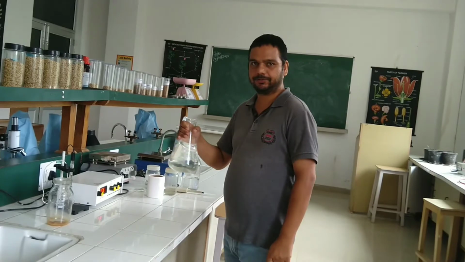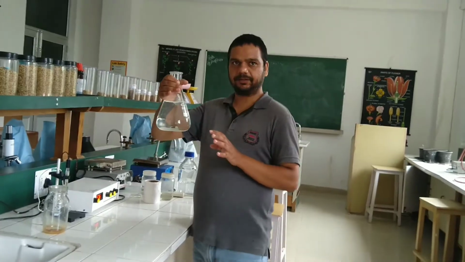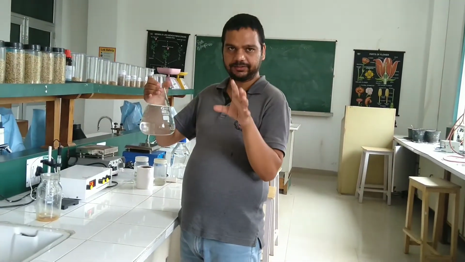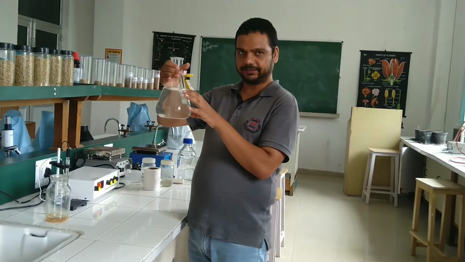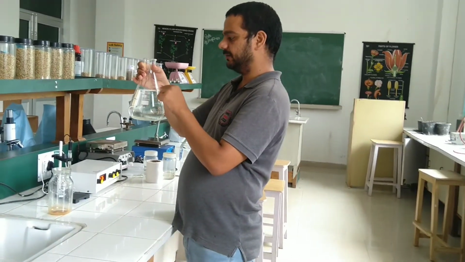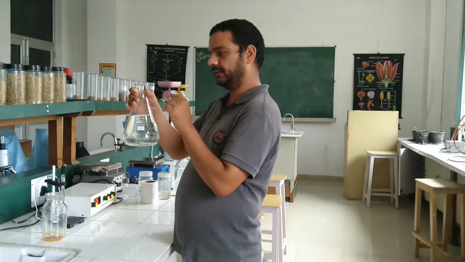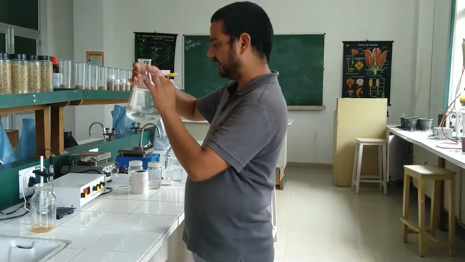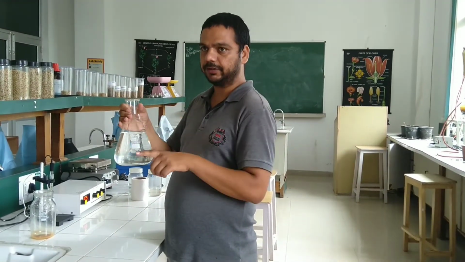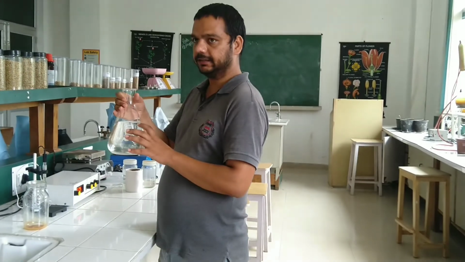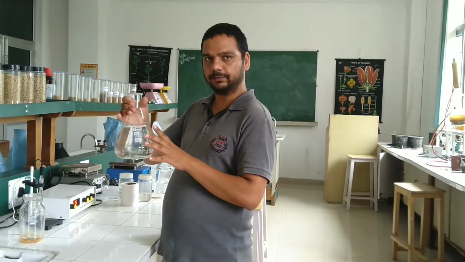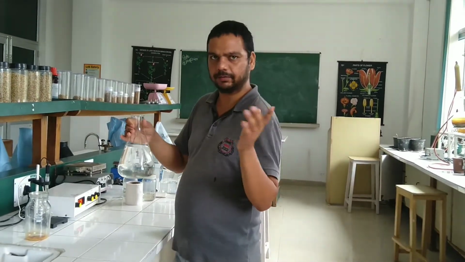So now I will show you how we will prepare the media. For preparation of media, we will take all the stock solutions as per the quantity I have already mentioned to you in a 1000 ml flask. The measurements on the flask are not accurate, so I have marked the 1000 ml measurement with the help of a measuring cylinder. And we will take all the stock solutions, sucrose and the growth regulators in it. The growth regulators I have used here are IBA and BAP, 1 ml and 2 ml. The growth regulators will vary according to the plants.